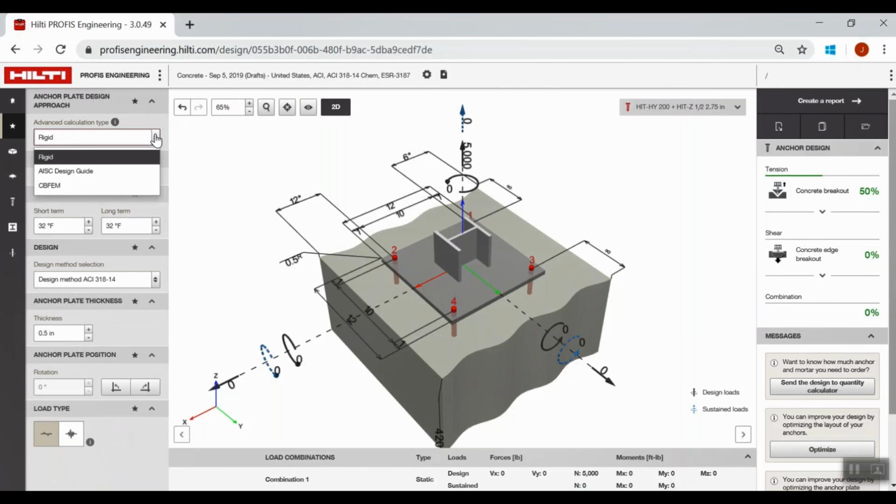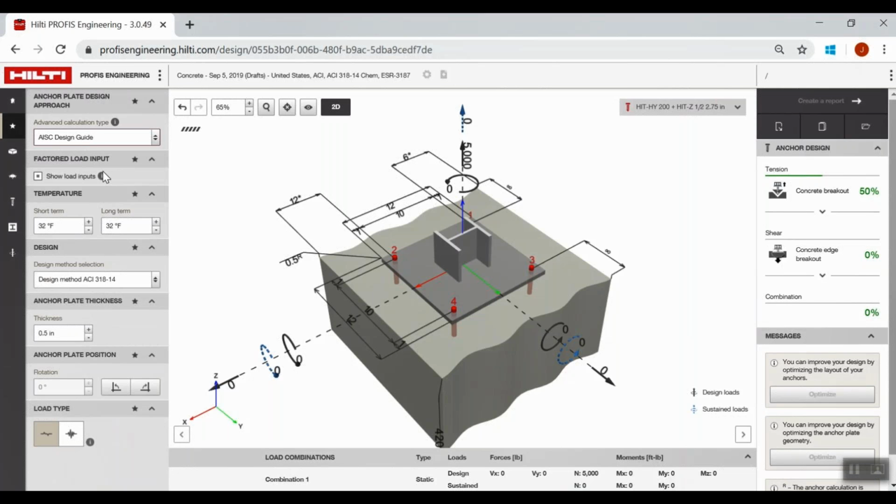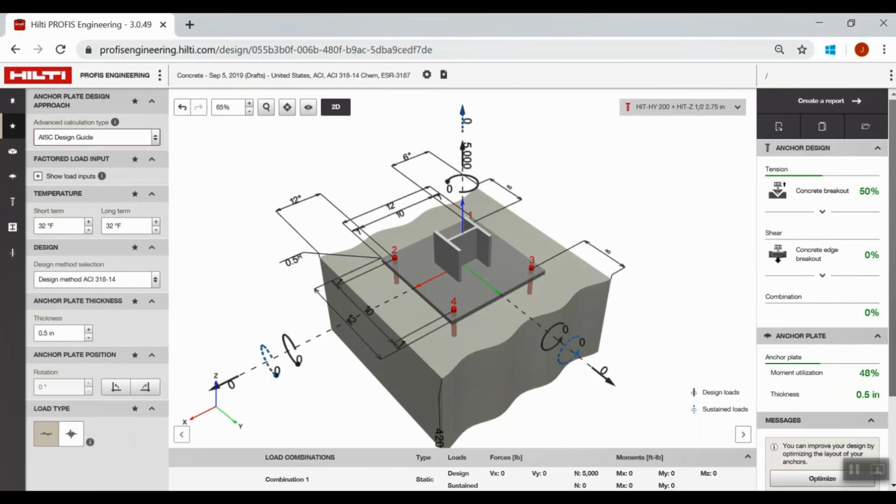So now I'm going to show you guys that base plate analysis. So if you're using PROFIS Anchor or another anchor design software, the only option that's currently available on the market is going to be the rigid base plate assumption, which is effectively using strain compatibility and doesn't assume that the base plate will take any of the loads. So all of the loads are put onto the anchors, giving you a conservative, but maybe a little bit too conservative of an estimate. I now can use Design Guide 1, and as you'll see on that results pane, I